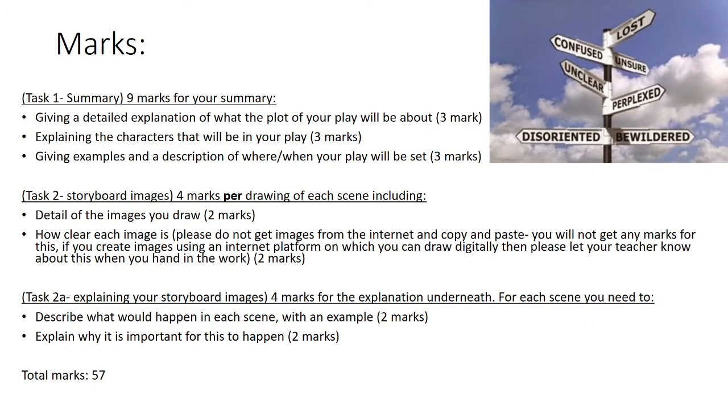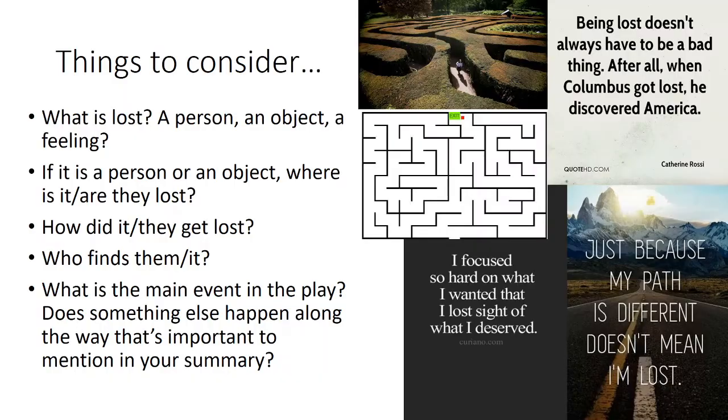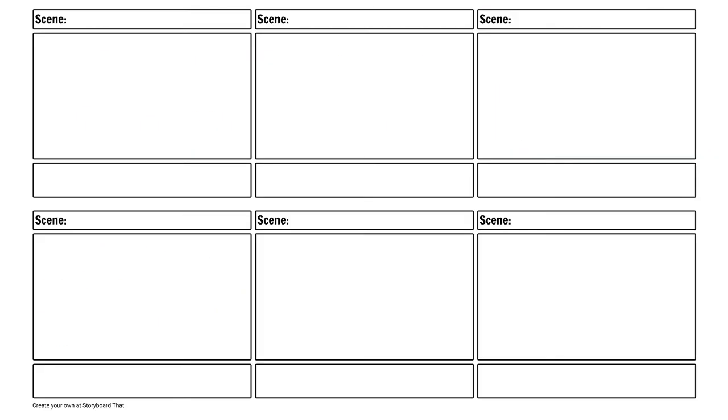Task 2 then, a storyboard. If you haven't done one before, it looks a little bit like this, and you can print this off and draw on it, or do your own version, or draw on it digitally. That's your choice, but remember, we are not copying and pasting images from the internet. So you'll see there's 6 boxes, ergo I'll probably want 6 scenes would be grand. And underneath each box that says scene, there's a slightly bigger box. There is the opportunity for you to draw an image that best represents what's going to happen in that scene.